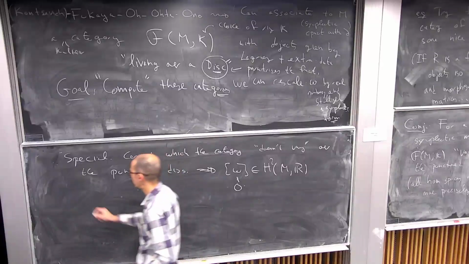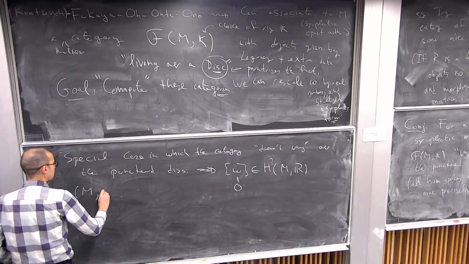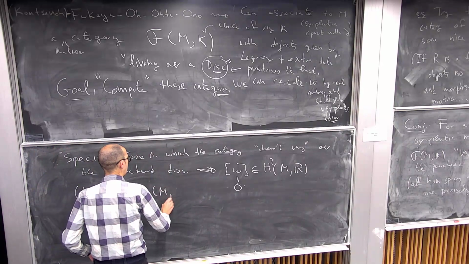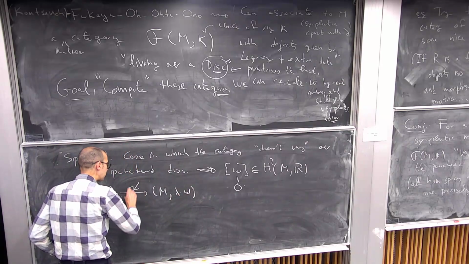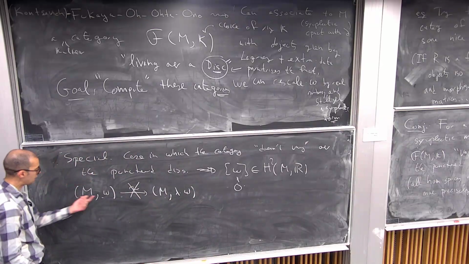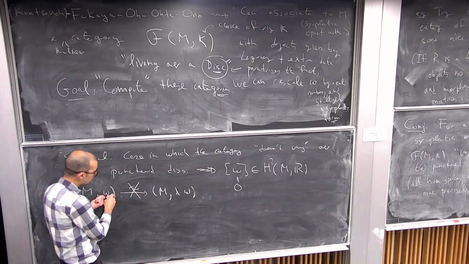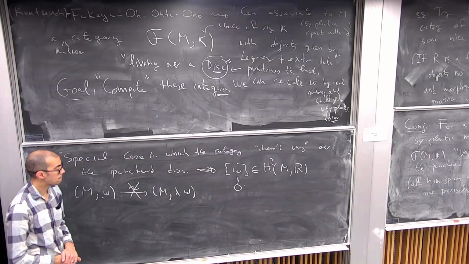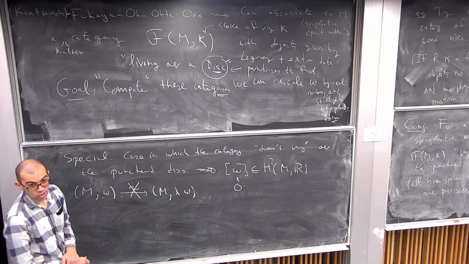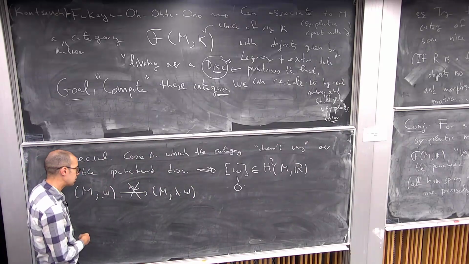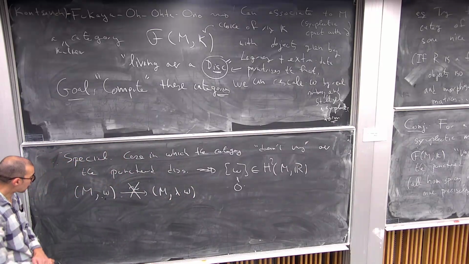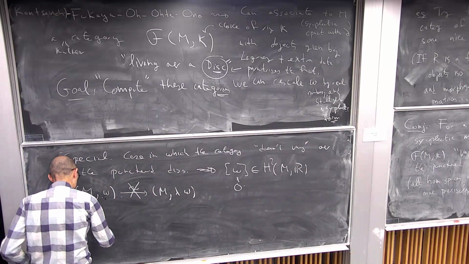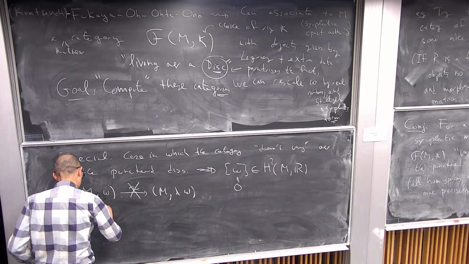Take M with omega and then lambda omega, and genuinely different means there is no way to map one to the other by a map which takes this symplectic form to the rescaled one. The obvious obstruction to these being related by a map which preserves the symplectic form is